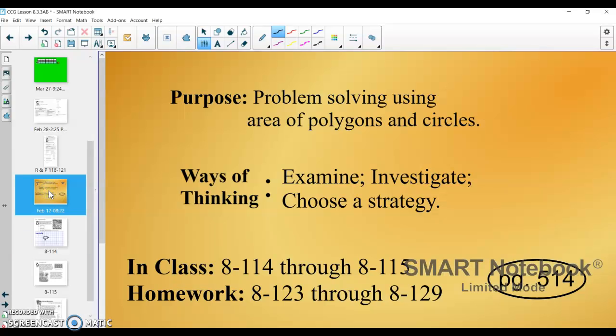Alright, so here is the part 2 video to hopefully finish up lesson 8.3.3. We have two problems left, 8-114 and 8-115. We'll get right into it, same kind of thing. We are just taking area, circumference, area of a sector, and the length of an arc, and we're just using it in applicable problems. So let's get into